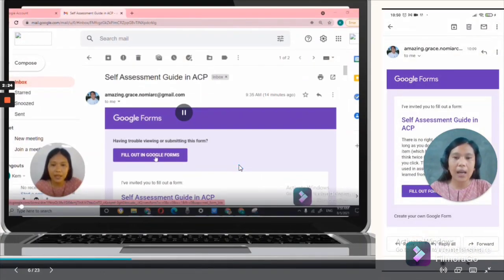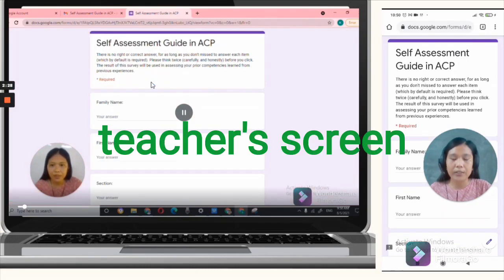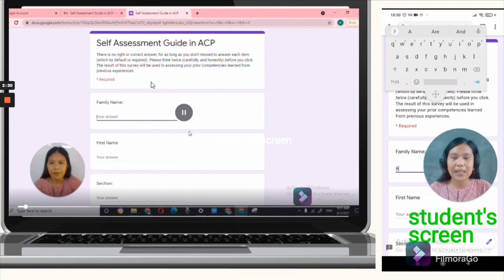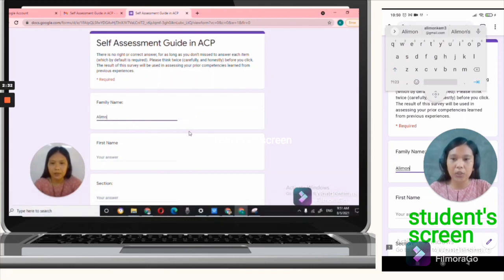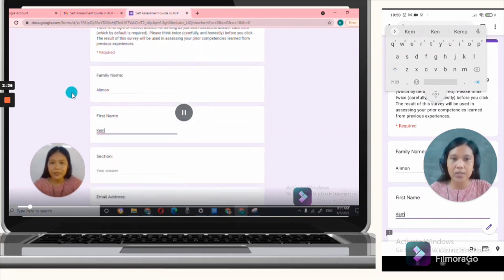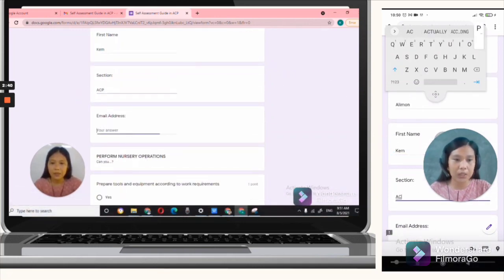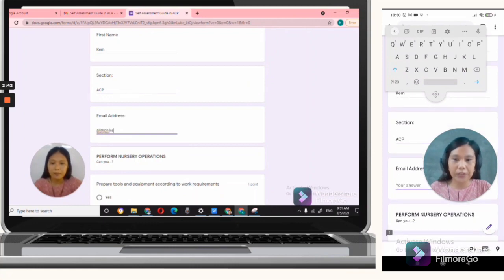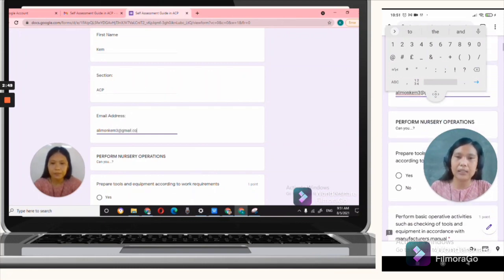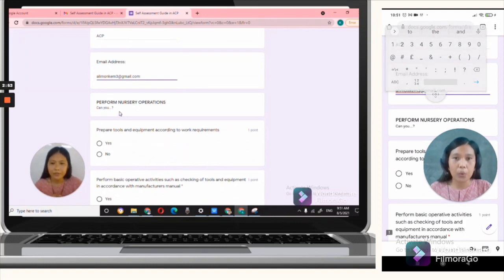So that you will be answering your self-assessment guide. Now, it has been improved already. So you will see there are pictures now. So this is a teacher screen and this one is your screen, the student screen. Okay, so you write your name and then you assess yourself if you can do it. So that with the Google Analytics, I can see how much of a student already knows or can do